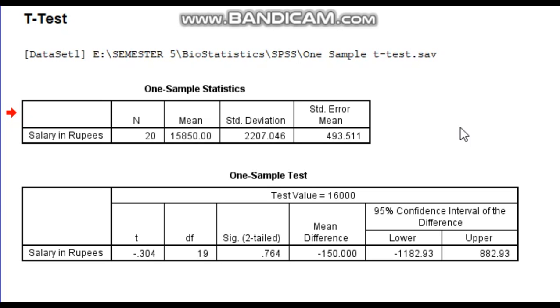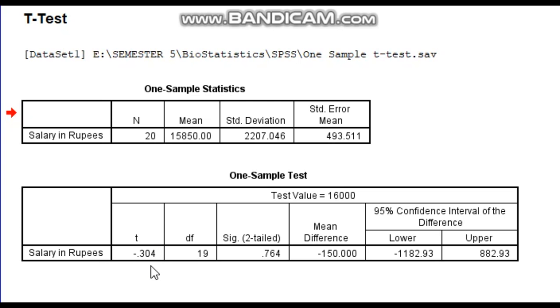Well, now how will we tell if there is a significant difference between the sample mean and the known mean? There are actually three methods to do this. In the first method, we look at the t-score and we compare this score with the critical value present in the student's t-table. If the t-score is greater than the critical value, then we can say that the means are different, and if the t-score is smaller than the critical value, then we'll say that the means are not different.